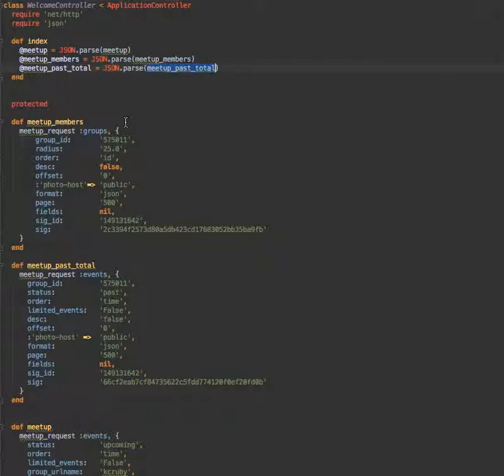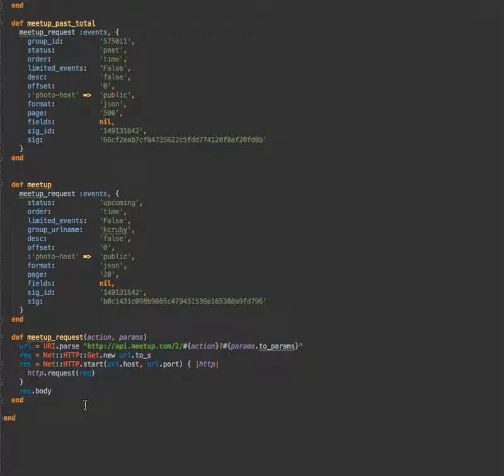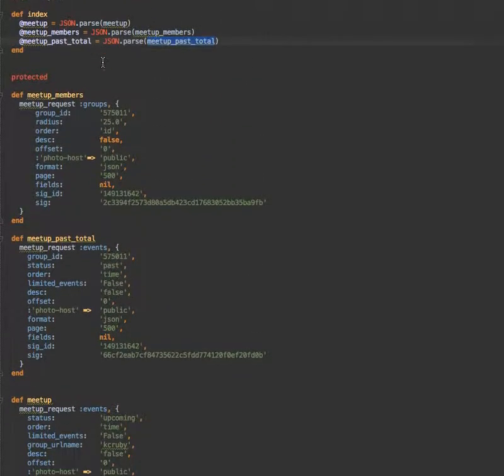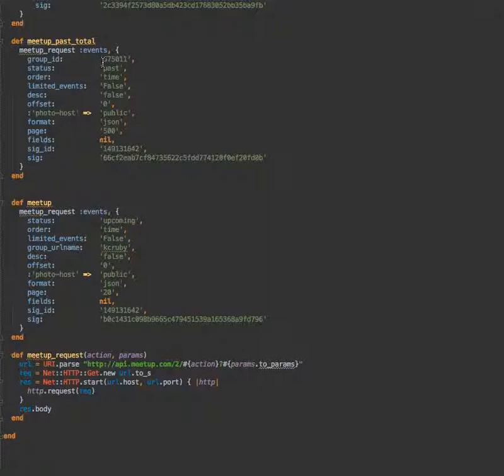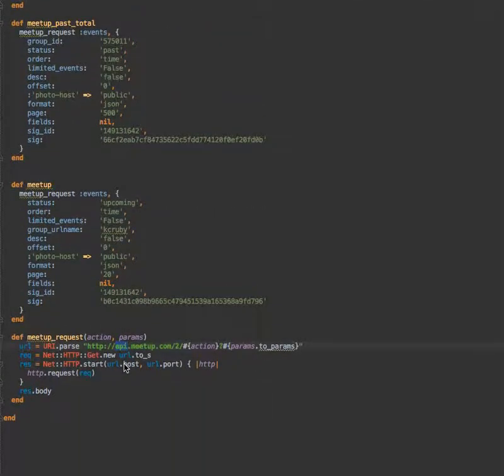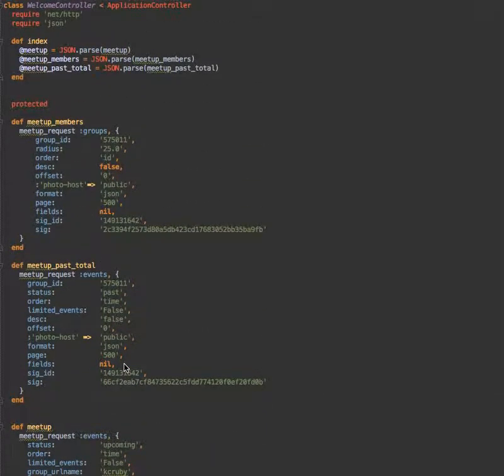It's acting kind of like a, what is this? See, this all boils down to a Meetup request. That's all this is doing, is sending 3 different Meetup requests to go grab some stuff from a REST API, making us a little REST API client of the Meetup API as it happens. So, how would we best refactor this?